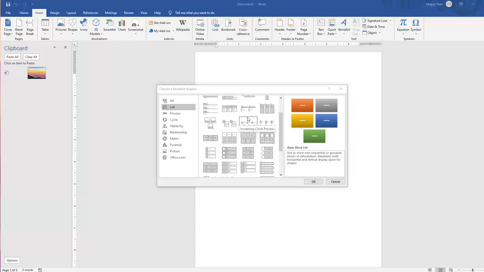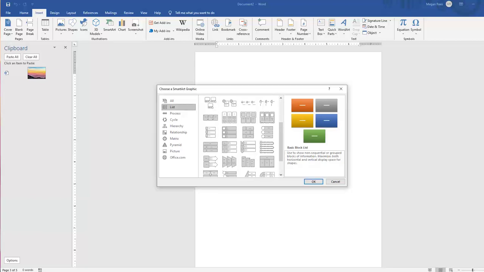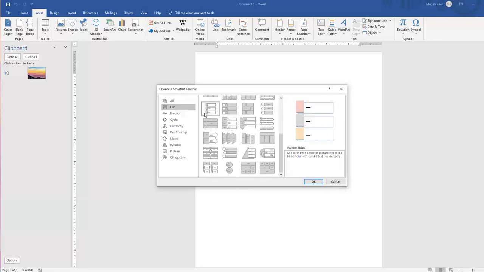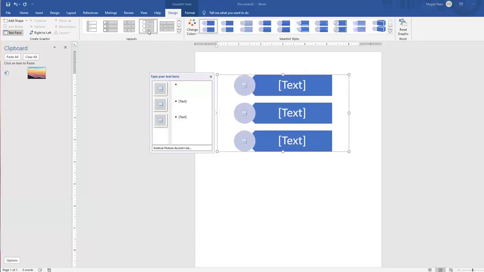I can never find it. It always frustrates me. So if you can't find the one that I tell you to get, then what you want to do is actually pick this one, which is picture strips, and click OK, and then come over and select this one. I don't know why, sometimes I can find this, but as I've been doing this assignment, I'm getting frustrated because I can't always find this option. So if you're having a hard time, just go to picture strips and then pick it from the layout,